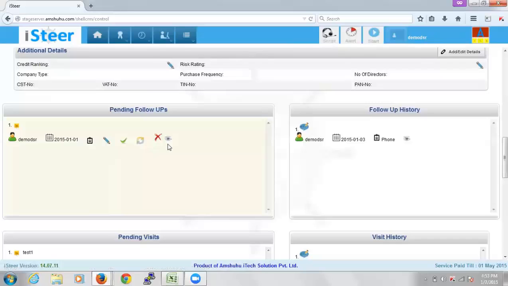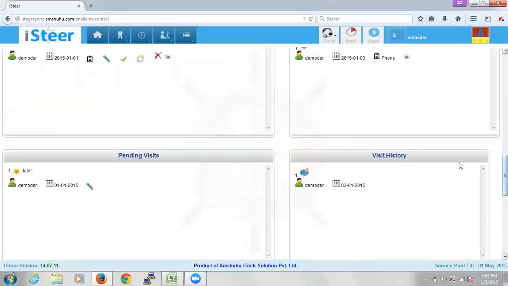The eye symbol is usually for viewing the details about the particular item, be it a follow-up or an inquiry or a quote. The eye symbol, we use it throughout our system for viewing the details. And then the next one is the pending visits and the visit history.